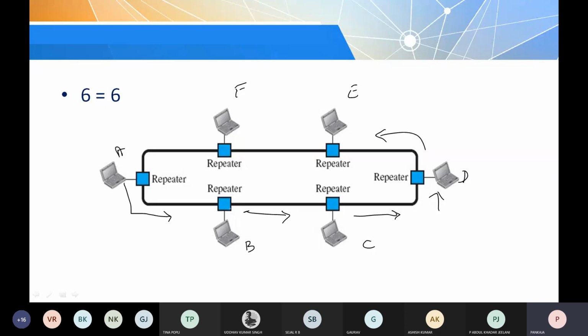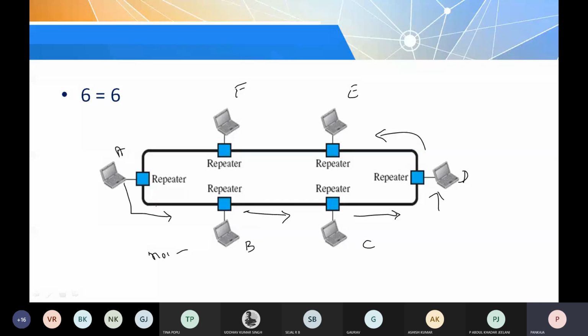Each device is connected with a repeater. So what is the function of this repeater? The repeater regenerates the signal, because when it moves from this device along so many devices in the network, if there are 100 devices, it has to travel that long distance. When it travels through the transmission media, noise may be added in between, and due to that the signal becomes weaker.